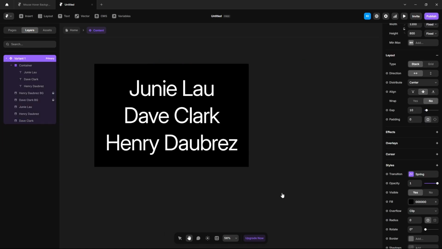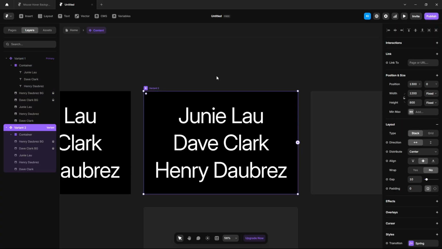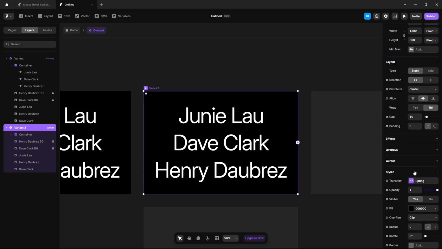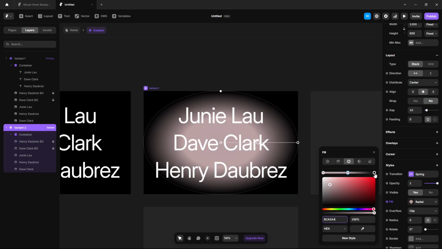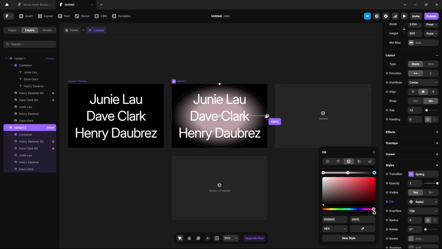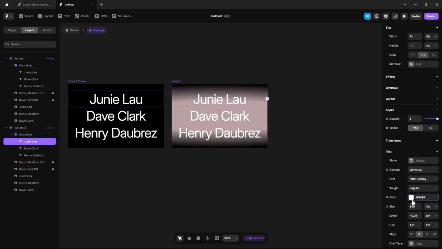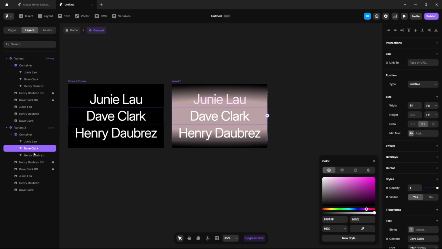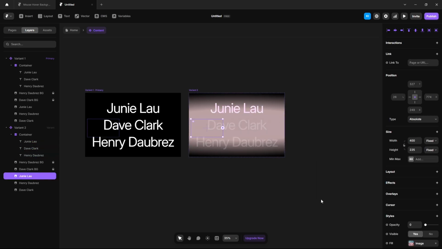Click here and create this plus to create a variant. We will create 3 more additional variants for these 3 text. Scroll down, fill, radial gradient, paste this code. Now click here to add a color point. Finally, for the third, leave it like this, zoom out a bit and move this point to the right like this, select it, scroll down, change the color to this color, select both, set the opacity 0.2, click here, opacity 1,